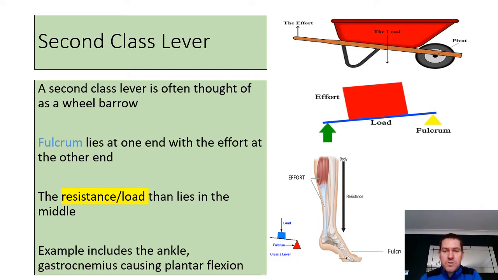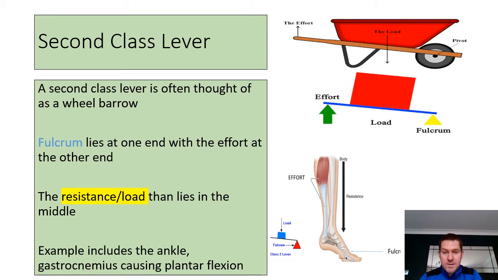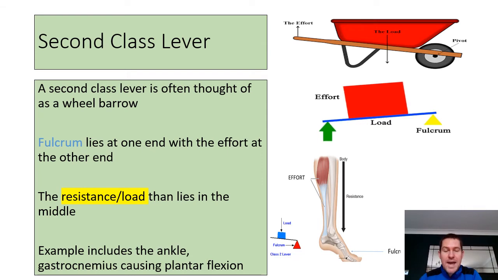You can see at the bottom of the screen that diagram, which represents when we look at, let's say, plantar flexion, so we're pointing our toes down towards the ground. The fulcrum, the pivot point, will be closer towards the toe end, and you can see there that the fulcrum lies just past the actual ankle joint, in between the toes and the ankle joint itself,